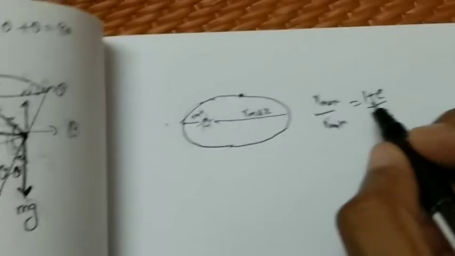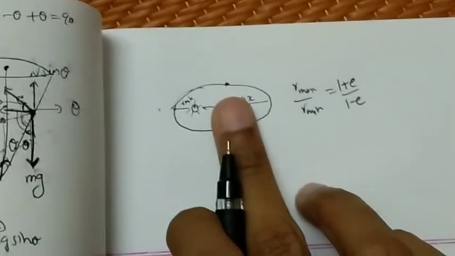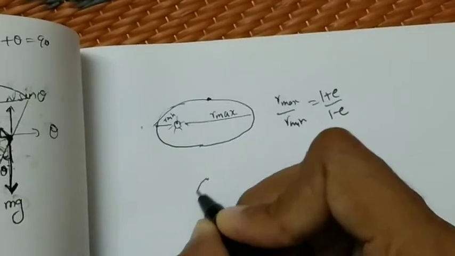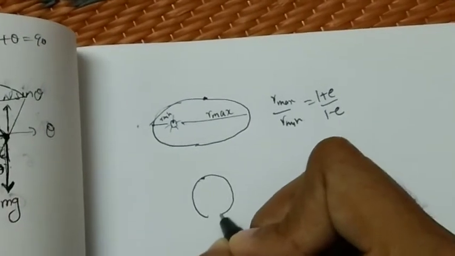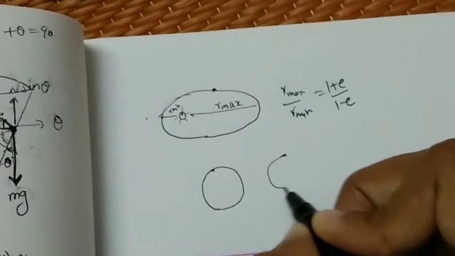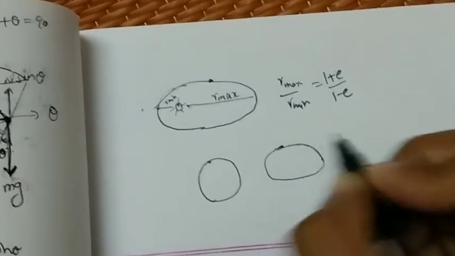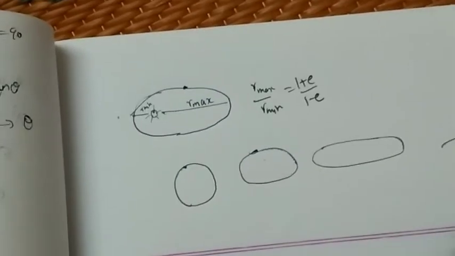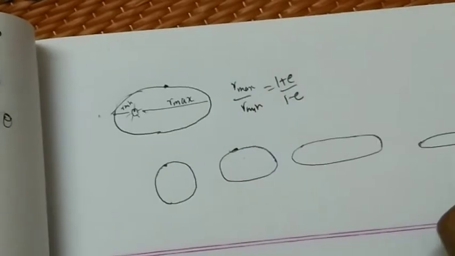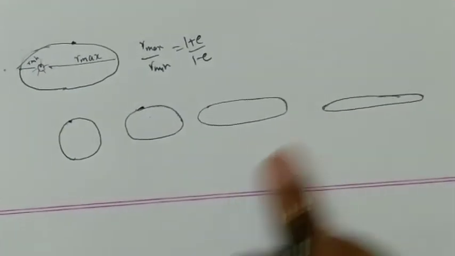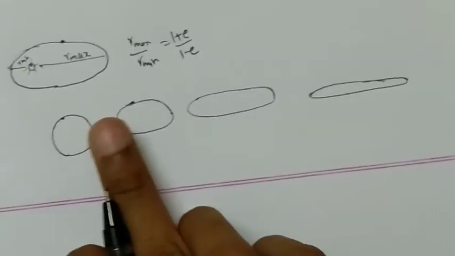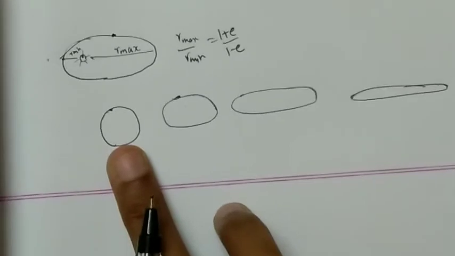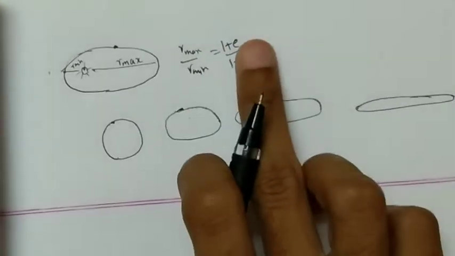So actually eccentricity says how much this ellipse is getting deformed from the circle. For a circle we would have evenness everywhere, but an ellipse would look like this. So this would have some eccentricity, and this would have its own eccentricity, and this would have its own eccentricity. So among the following diagrams, this is more eccentric, this is least eccentric, and a circle does not have eccentricity. So for a circle, eccentricity is equal to 0.